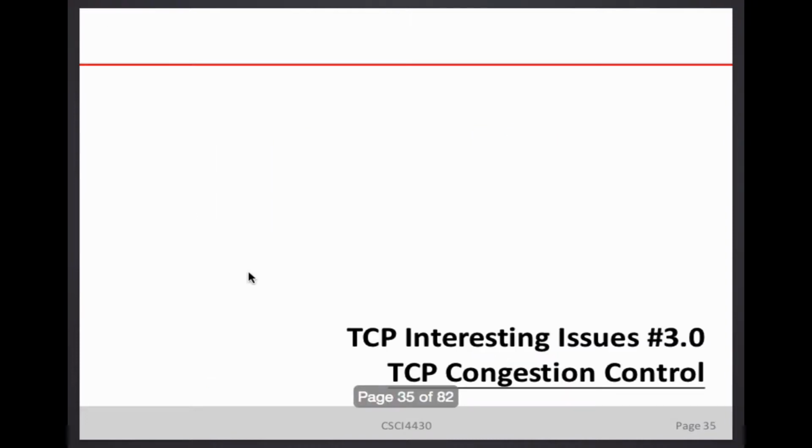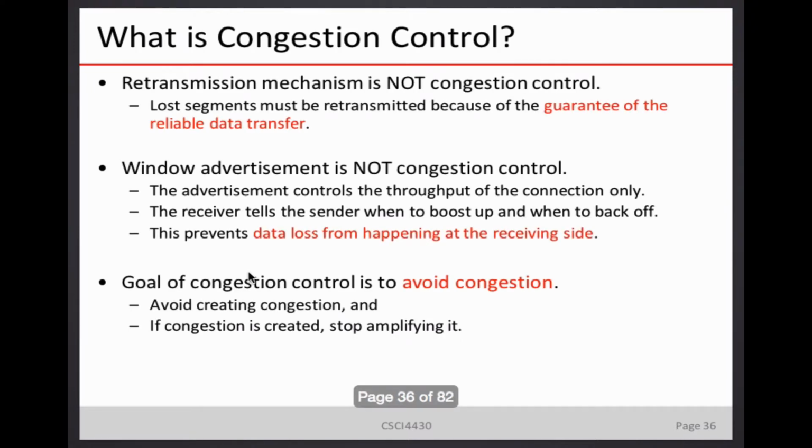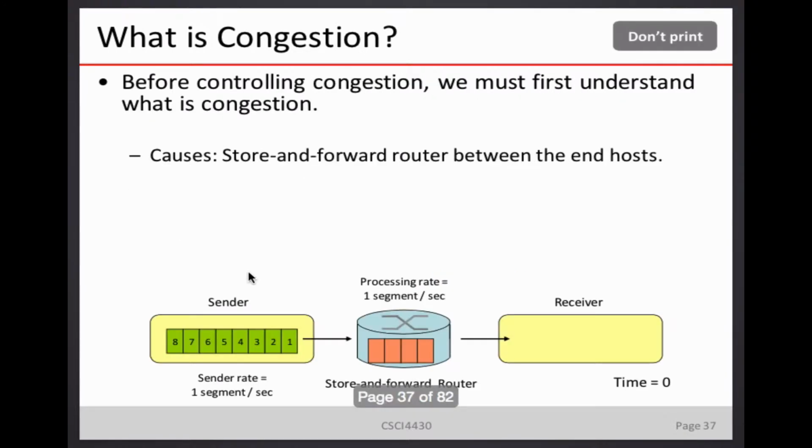Okay, so now we go to congestion. I never explained to you why we have congestion, right? Now this is a very simple view of what congestion is. And you don't need to be afraid of it, okay? Because it's not your job to handle congestion. Whose job? Of course, it is the kernel as well as the router. Okay? So what is congestion? Congestion is usually because of the router's feature.